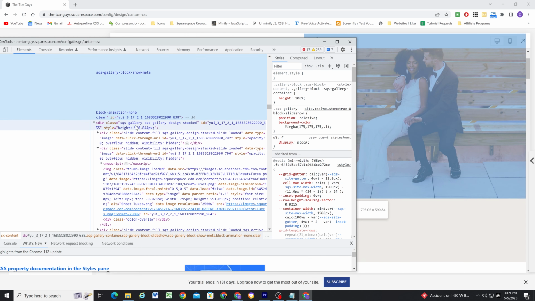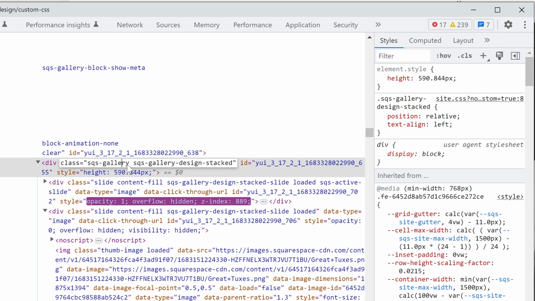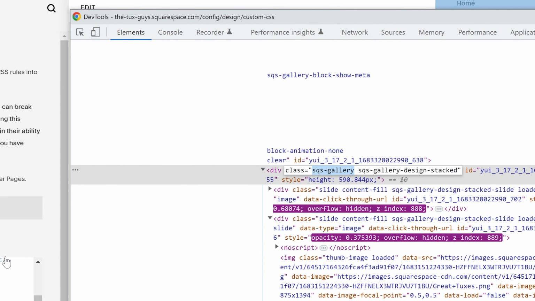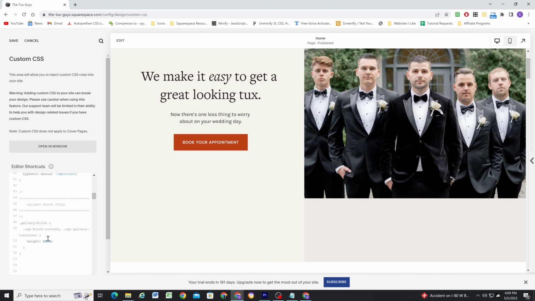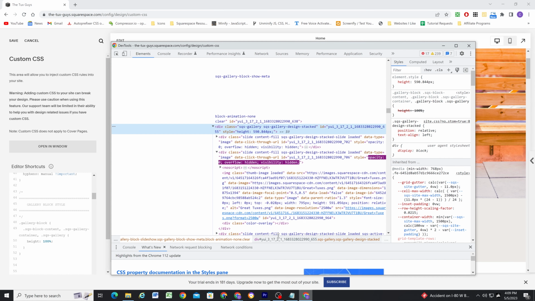So this element here, it has a fixed height given, but again, we don't want that. We want it to be 100% of the frame height. So I'll copy the SQS gallery class for this element, add another comma, and paste in that class name. And then finally,